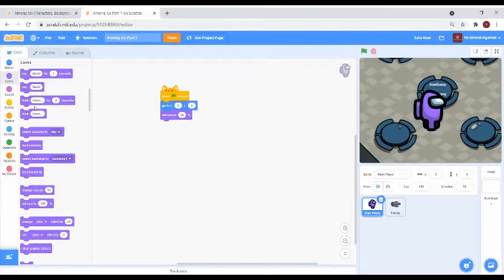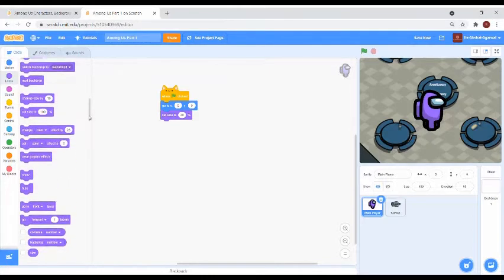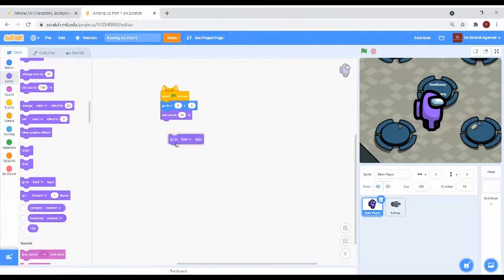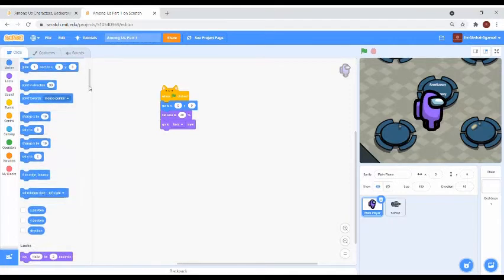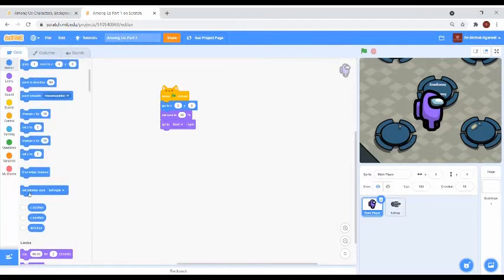Now we will let it go to the front layer so it doesn't hide behind the full map. Please note that the full map should be a sprite, not a backdrop. Now we are going to set rotation style to left and right, so it flips rather than completely rotate.